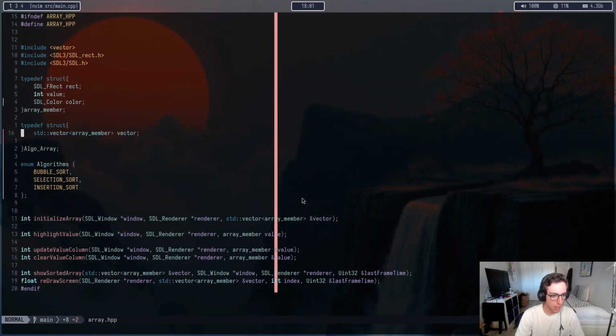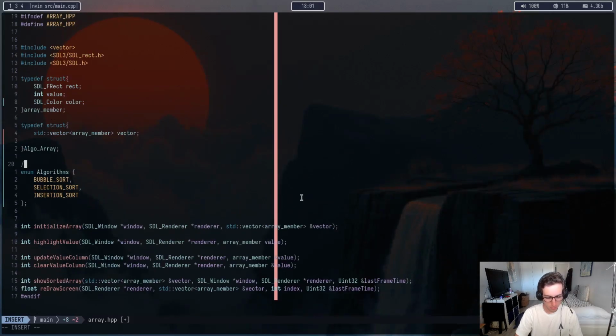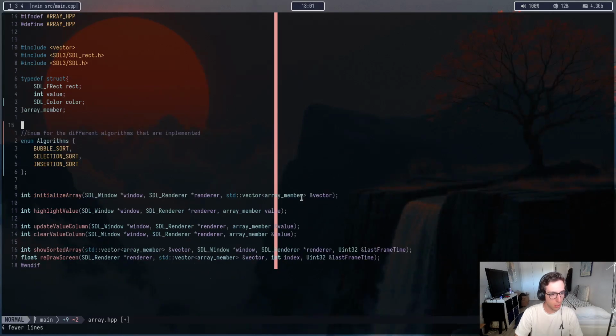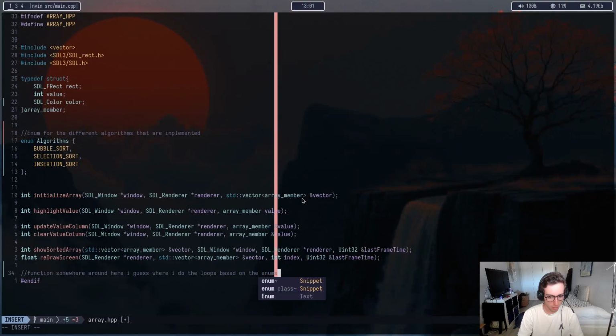The idea is that I have some sort of enum. This is an enum for different algorithms I implemented. Okay, then this can go away. So the idea is to have a function here, so that I guess I do the loops based on the